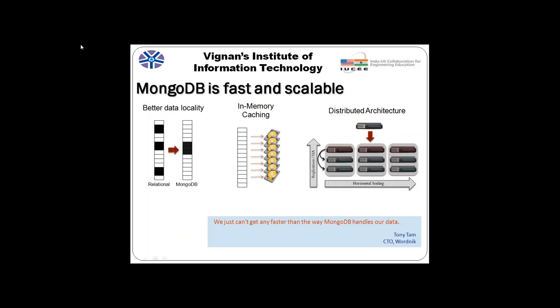MongoDB is fast and scalable. Why it is fast and scalable is that we have better data locality. We have a relational database here and we have MongoDB. We can see here